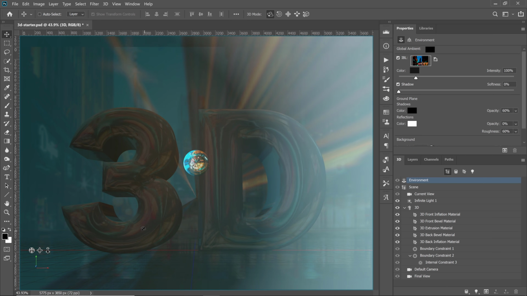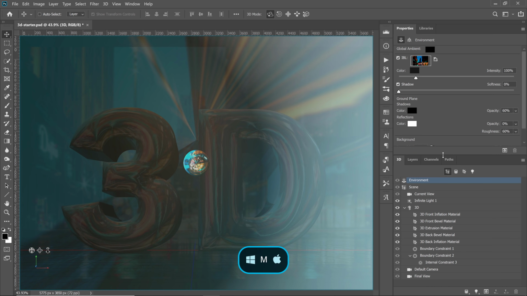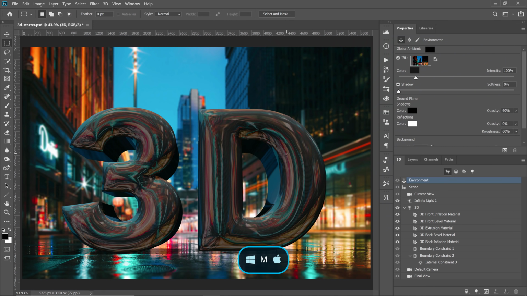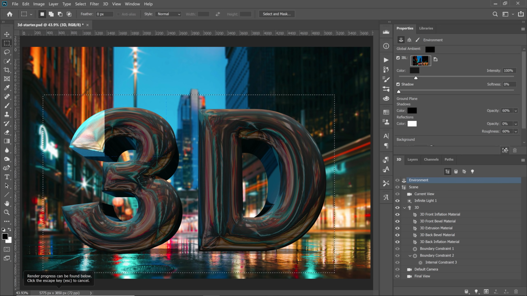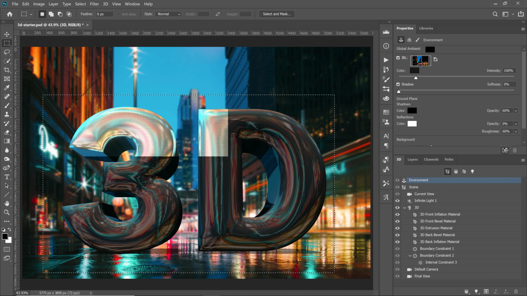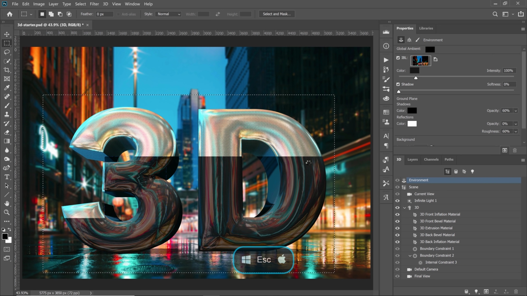And what I can do now is press the M key to select the rectangular marquee tool, and I can click and drag to make a selection. And once I make a selection, I can click on this icon to render the image. Rendering simply means that Photoshop is going to do all the calculations to apply the lighting, the shadows, the reflections, and everything. Clearly, this is way too bright, so I'll cancel the render by pressing the escape key on the keyboard,